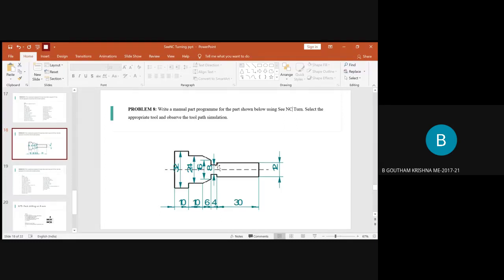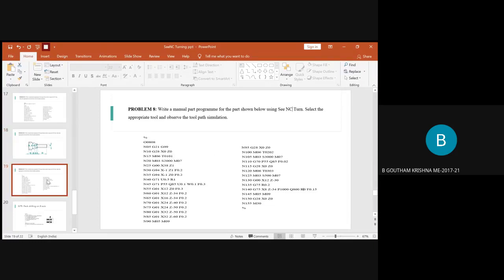So the material now from 12 mm diameter will directly move to 16 mm. The value of X will be 16, but the value of Z will change now: minus 30 and minus 4, so it becomes minus 34. Z value will be minus 34.